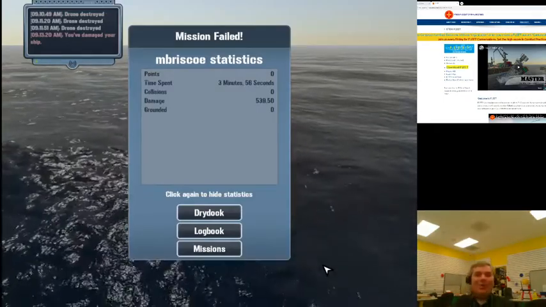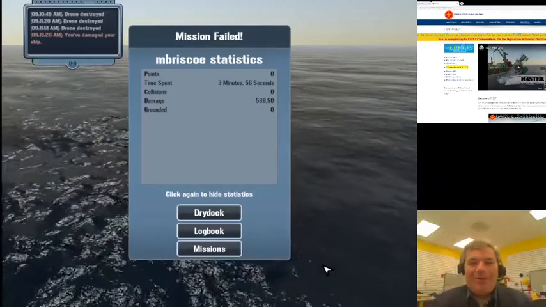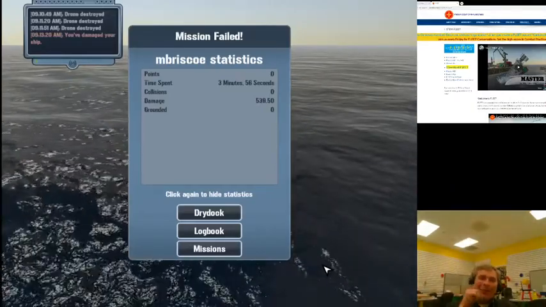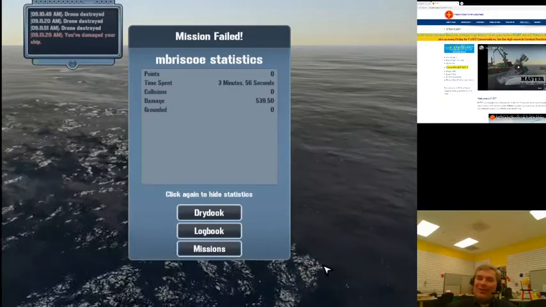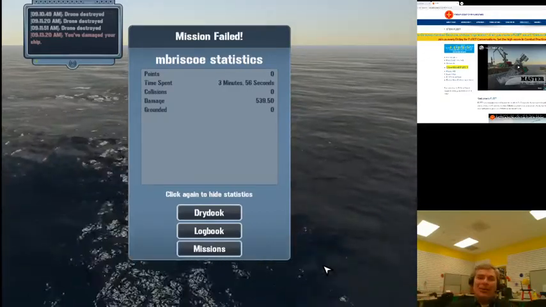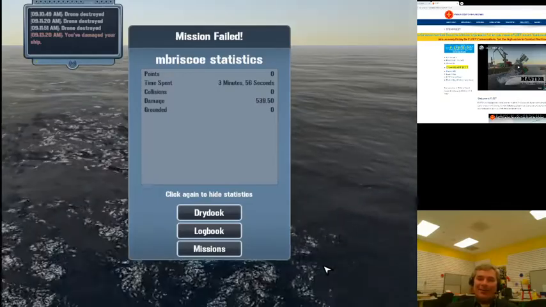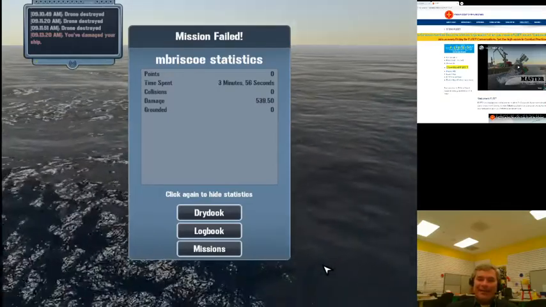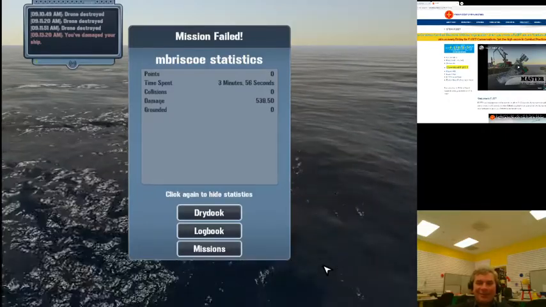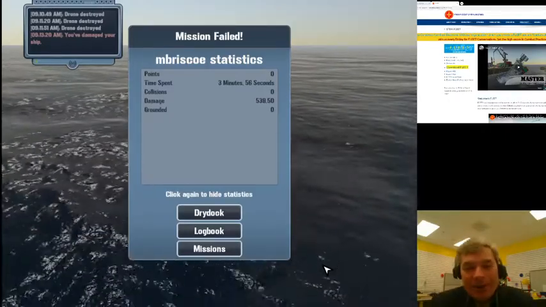So what happened was I put those 2 ammo crates on the back of the ship, and when I was tracking with the drone in the sky, the weapon came around and shot the crate, and that is unacceptable. And so that ended my mission and gave me 0 points. So you will do better than that, but